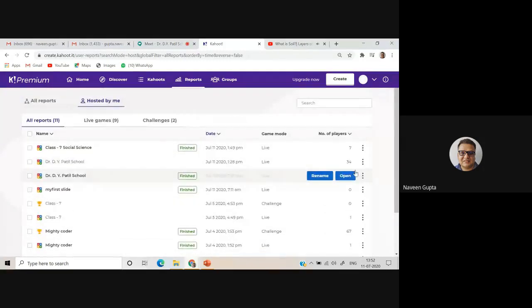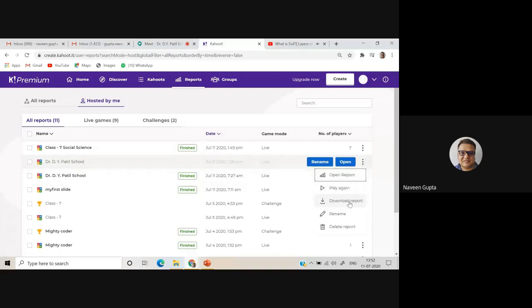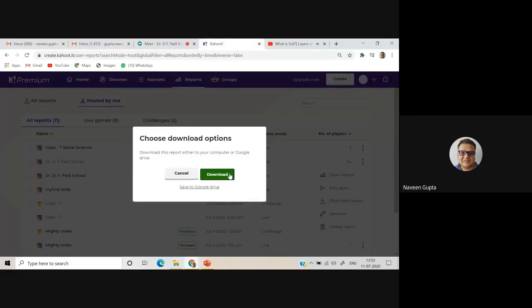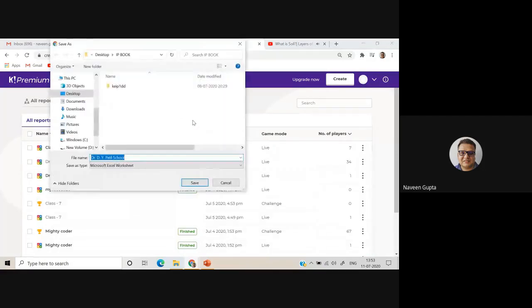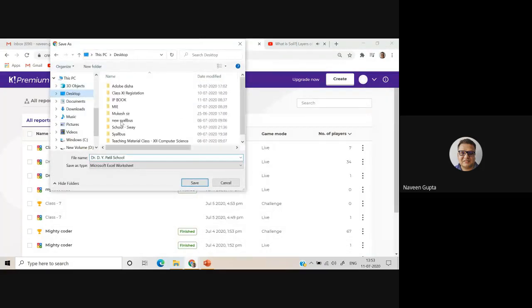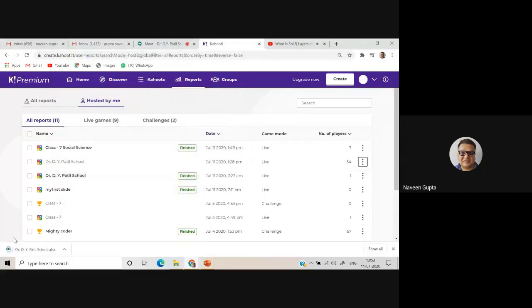I'll download report. You can see here, download report. So I'll download. An Excel file will be downloaded to my system. Now, if you click here,